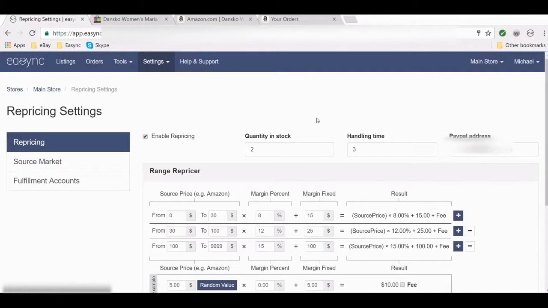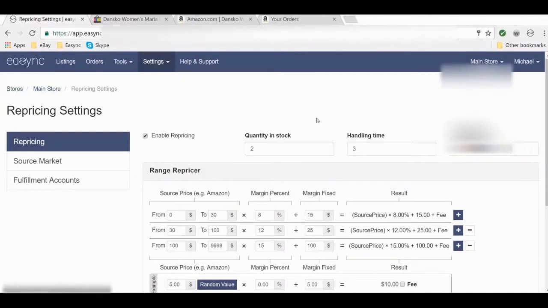For the handling time, if some listings on Amazon.com have a 4 to 5 business day handling time, it will show those listings as out of stock on my eBay store because they don't meet the 3-day handling time criteria. For the range repricer,